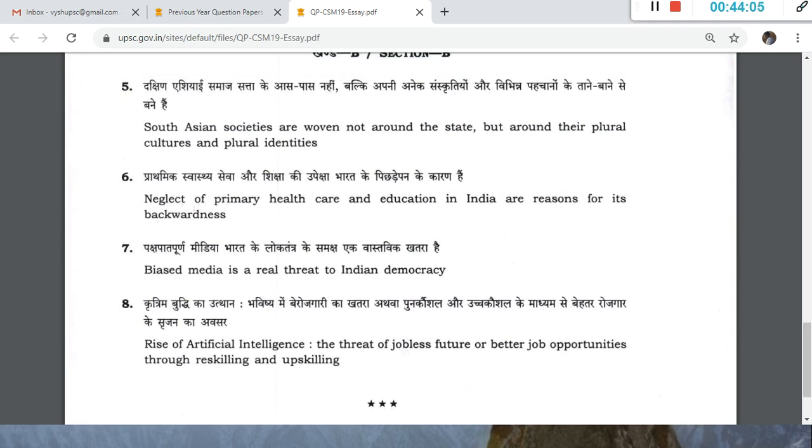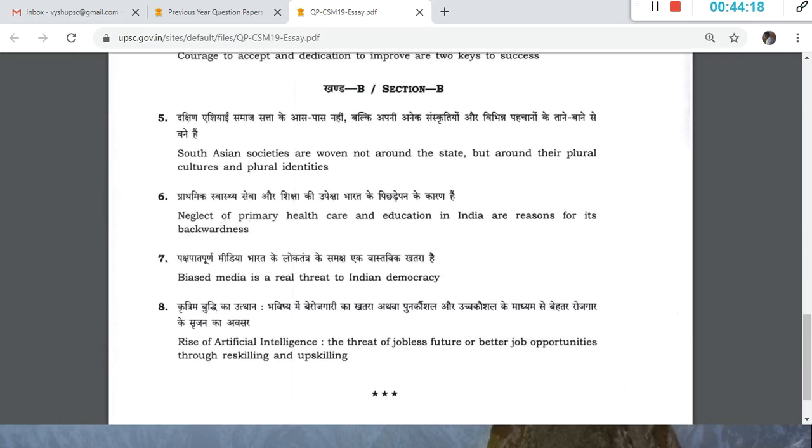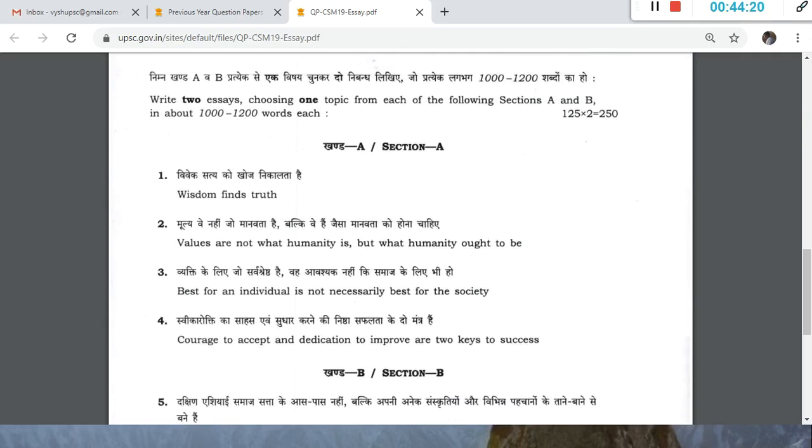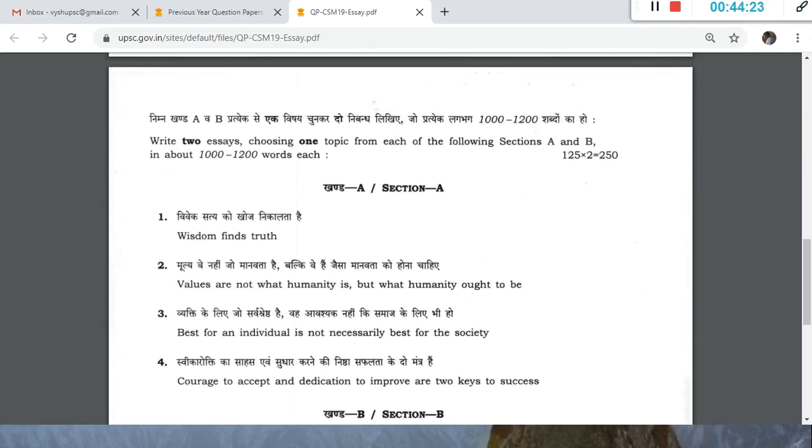So that is why I'm telling, when we do predictions, there is a high chance that it comes in the exam, because I analyze almost every paper. Last 25 years of papers in prelims and mains I'm analyzing. That is why I have this much ability to tell you things. So it's up to you whether you want to join the test series or not, but this is the 2019 paper also. Now decide yourself what you want to do, but make sure you are practicing this. I want everyone to do brilliantly in your mains if you clear prelims.